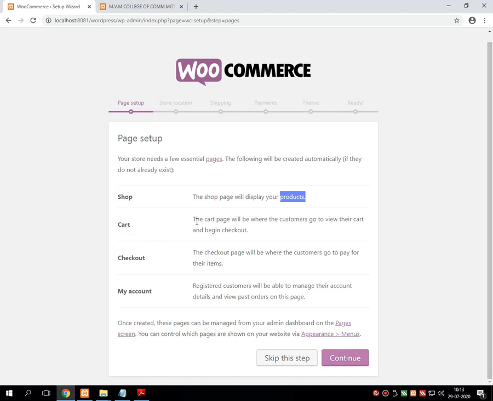The cart page will be where the customer goes to view their cart. Checkout means the page where the customer goes to pay for their items. The last one is account. A registered customer will be able to manage their account details and view past orders on this page.